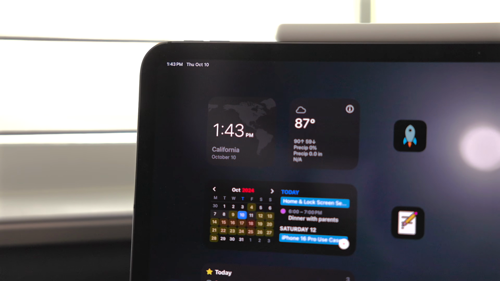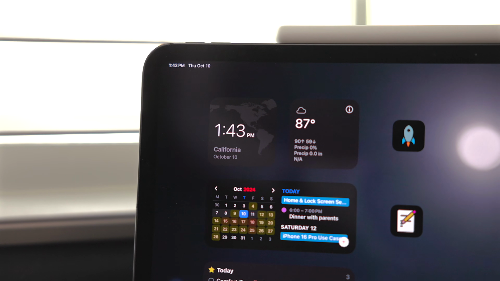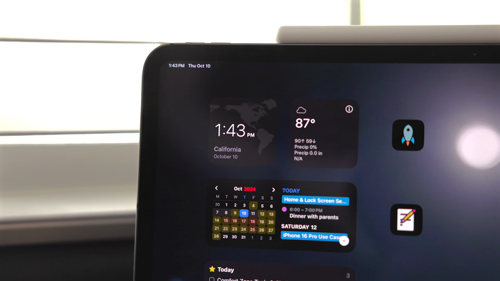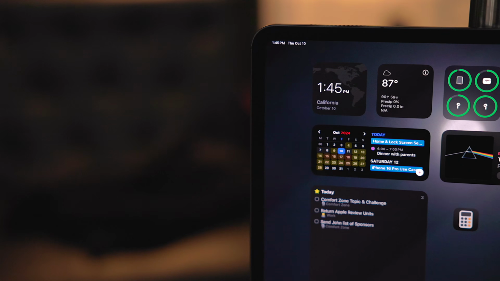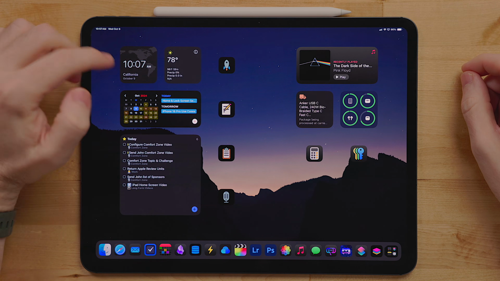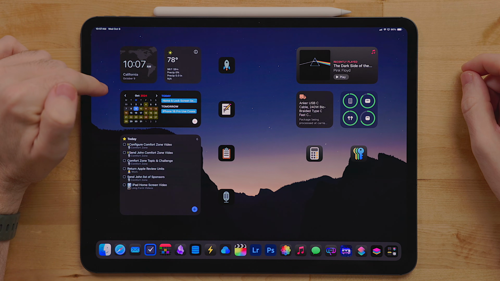The iPad does always have the time in the top left corner, but it's small, and I'm in my 30s now. With World Clock, I can have the time nice and large right on the home screen. I use this widget just to show my current time zone. So if I'm traveling, it will adapt.